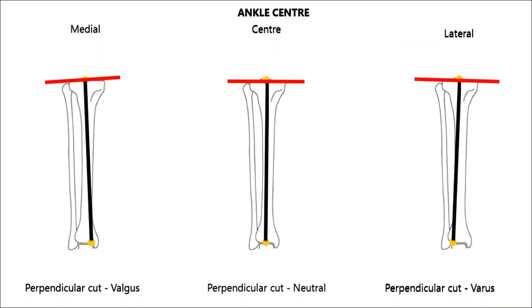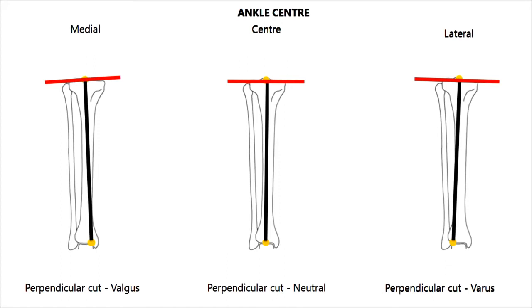The ankle center is used to define the mechanical axis of the tibia. The mechanical axis of the tibia is the line joining the knee center to the ankle center. The mechanical axis and the anatomical axis of the tibia are collinear. Errors in selecting this landmark would lead to errors in defining the mechanical axis.